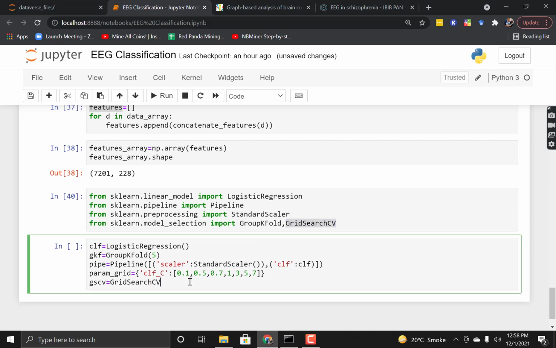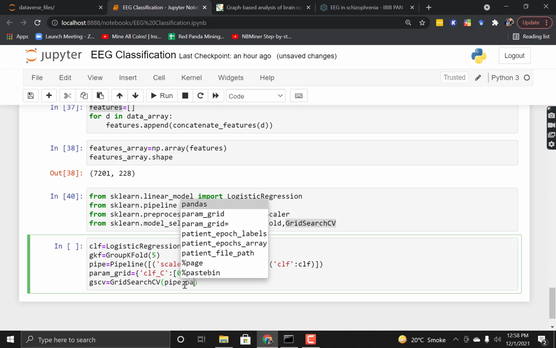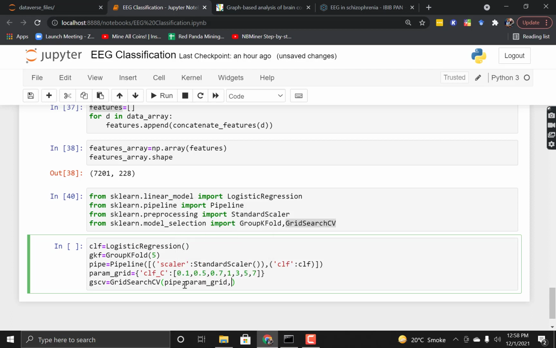So let's create a grid search object, and here we have to pass our classifier, which is now pipe. What pipe will do is first apply the standard scaler on the data, and then apply the classifier on the data. Then I have to pass param grid. The next thing I have to pass is CV, which defines how many folds we want.